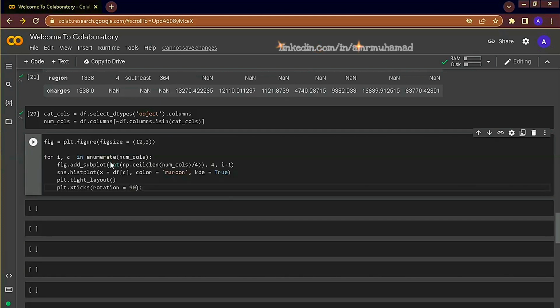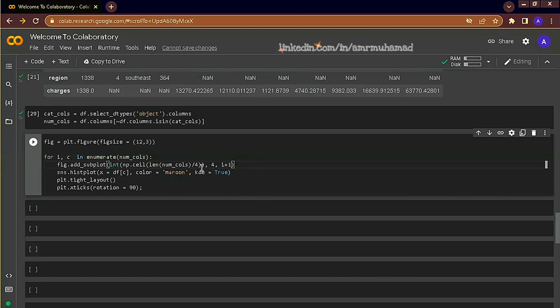We are gonna loop over each column inside the numeric columns and plot a histogram, and this code snippet here establishes how many figures we need to have inside each row. We want to have a maximum of 4 figures inside a given row. So in order to do this, we have to specify the number of rows and the number of columns, and we calculate the number of columns automatically. Enumerate creates an index and a range for each value within the numeric columns.